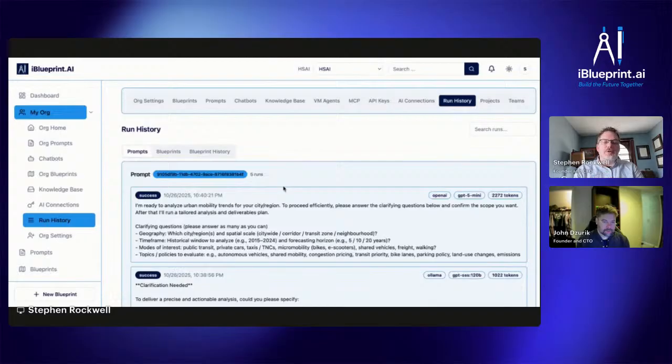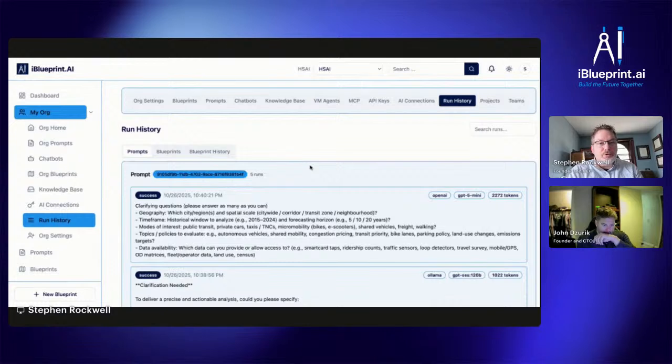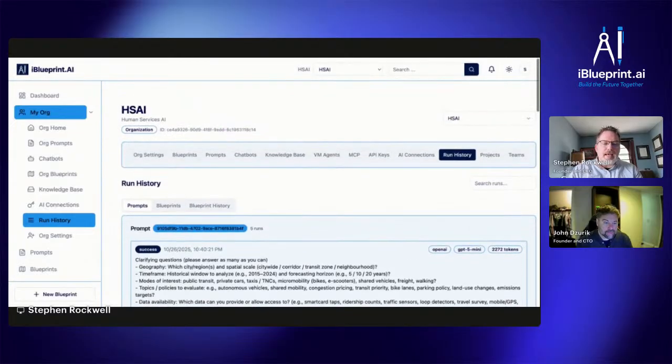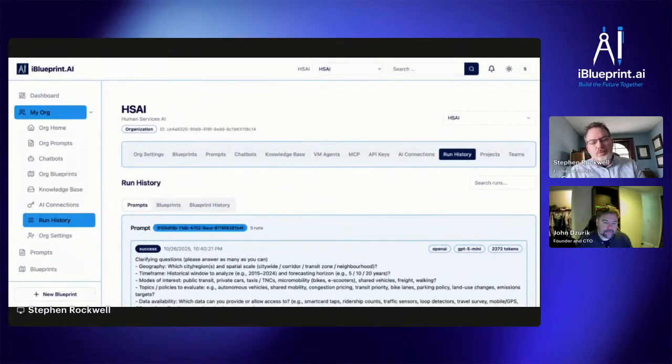So from a governance perspective, for those prompts and those chatbots and blueprints that you run within the system, we're keeping a history of all that. And so that's both useful to go back and look for. It also starts to create memory for your organization. There's lots of use cases for why that run history would be really important to you and your organization. So that's what we have in terms of some of the basics of collaborating together on AI in an org